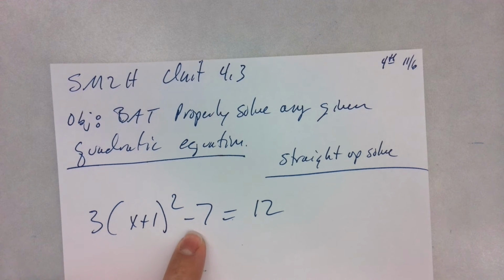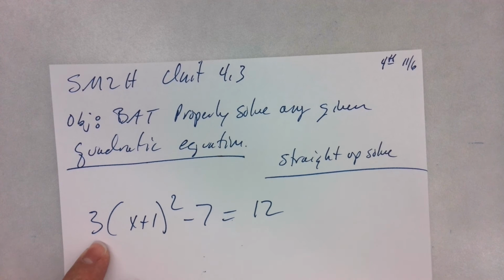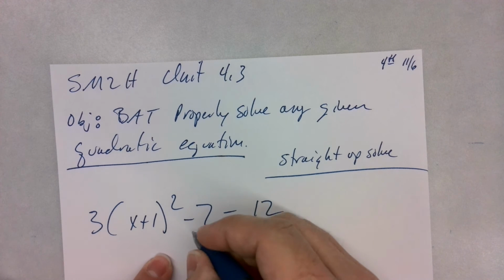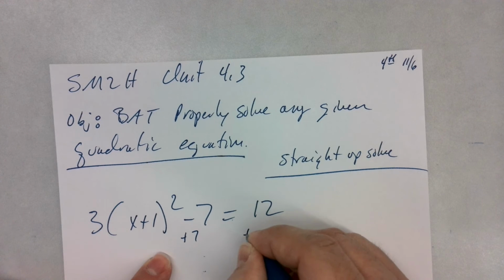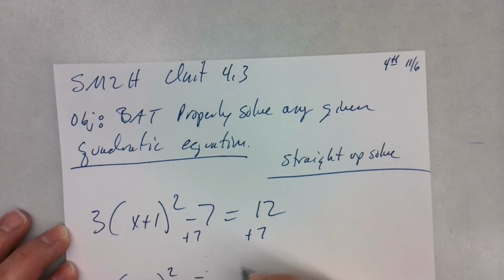Now, because they added variables that I'm going to solve for, I've got to do it basically backwards. So if I want to solve this for x, what does that really mean? I'm going to get it by itself, right? I'm going to isolate it. So, what am I going to get rid of first? 7. So I'm going to add 7. That's going to give me 3 times (x plus 1) squared equals